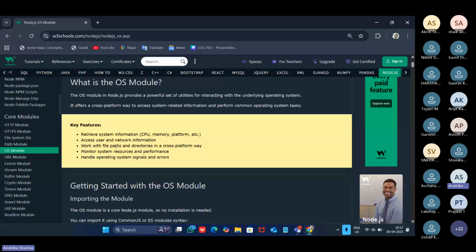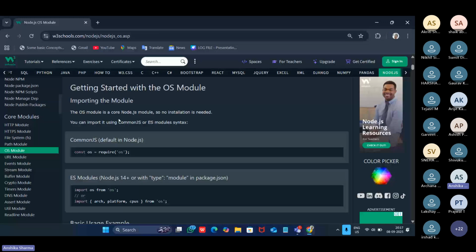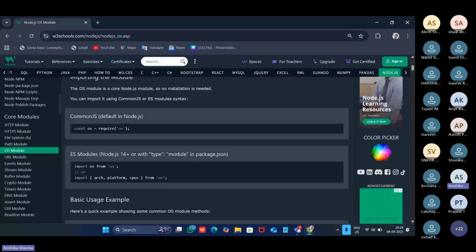For getting started, if we want to use the OS module or any module in Node.js, we just have to require it. If we are using the CommonJS method, then by default we use the require keyword. If we are using ES modules, we have already seen that we just have to mention the type as module in our package.json, and then we use the import keyword to import the modules already present in Node.js.